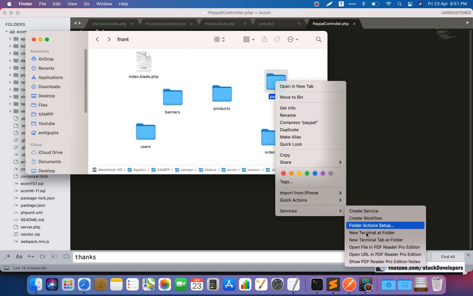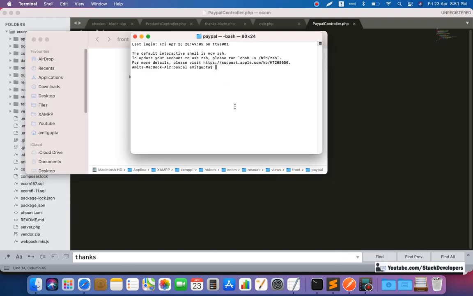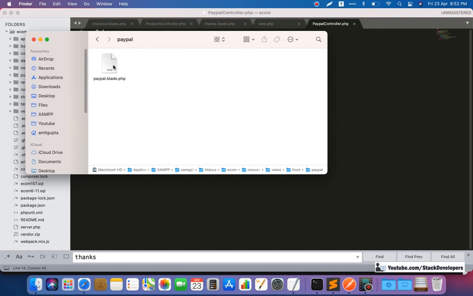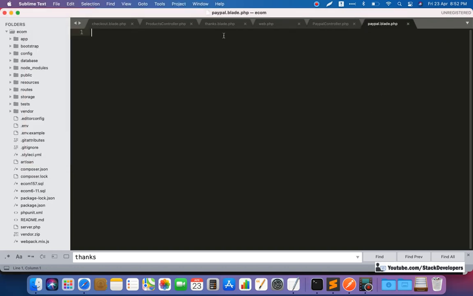In Mac we can create the file like this, but if you are in Windows, you know how to create the new file in Windows inside the folder. That is very simple in Windows. Just right click and create the file in Notepad and change the extension. You can give the file name there, but here we can create the file like this, touch paypal.blade.php. It's the way in Mac, paypal.blade.php. Okay, so this is the file that we will create inside the PayPal. Now I am going to open this one.